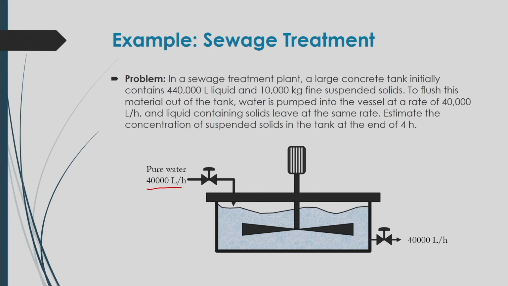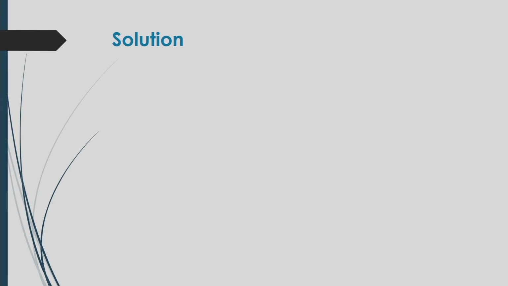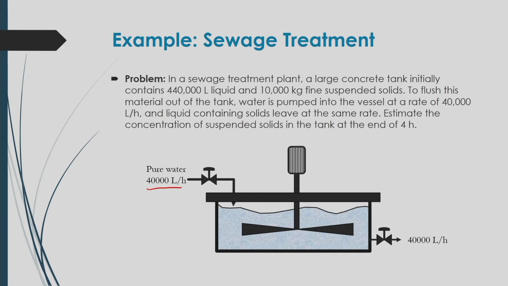So, here the input and output flow rate of this tank is 40,000 liter per hour. Now, because of this stirring and aeration process, the fine suspended solids will be coming out from this outlet, and there will be a change of concentration of the suspended solids inside the sewage treatment tank with respect to time. Now, in this condition after 4 hours, what should be that concentration of the suspended solids,